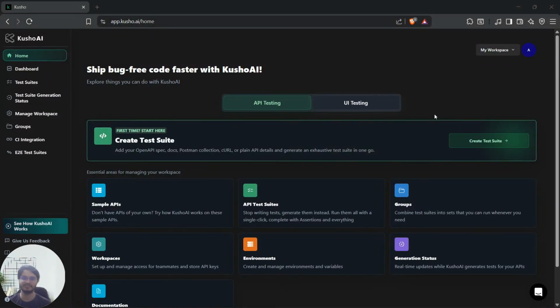Hello everyone. In this video, we'll see how you can use KushoAI to test your APIs. So basically, with our AI agent, you will be able to test your APIs within a couple of minutes. All you have to do is upload your API and provide essential information or parameters of it, and then you